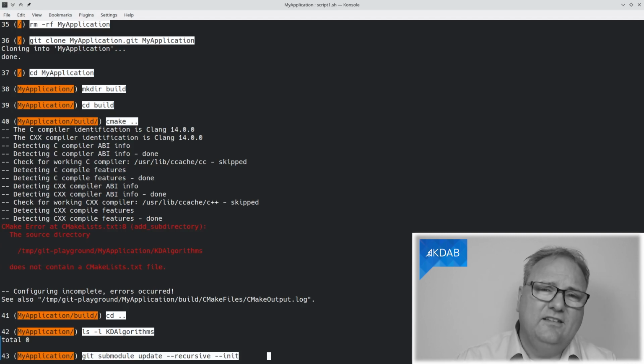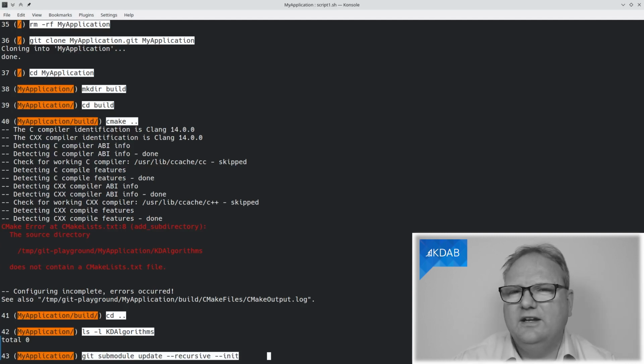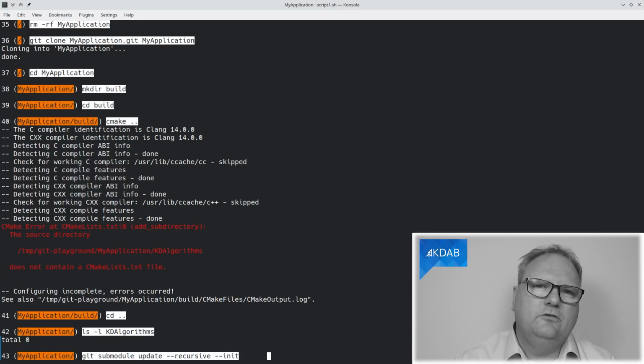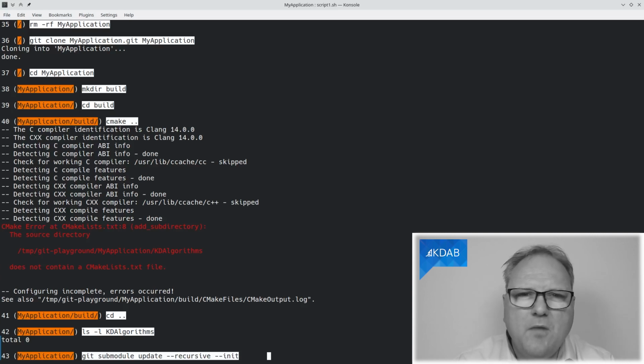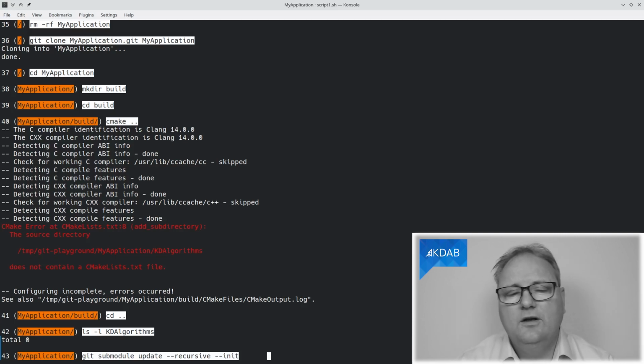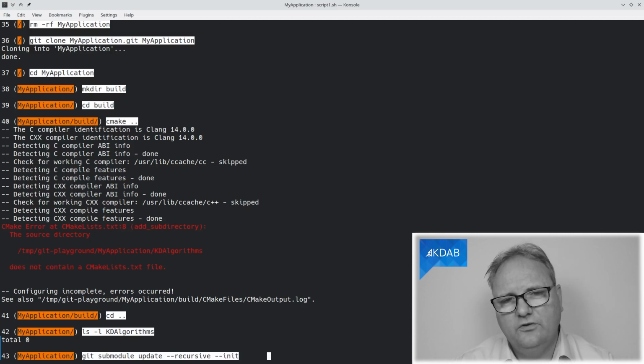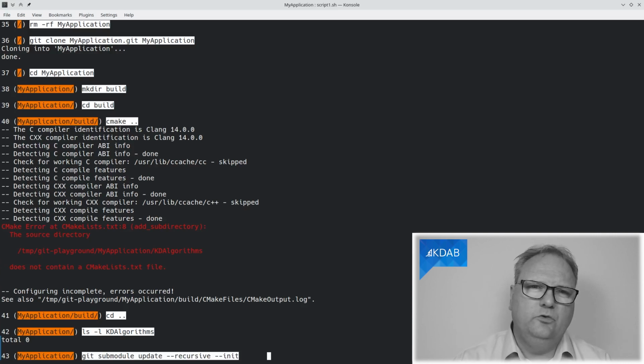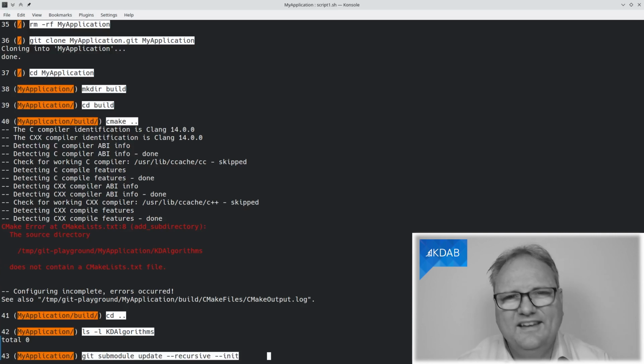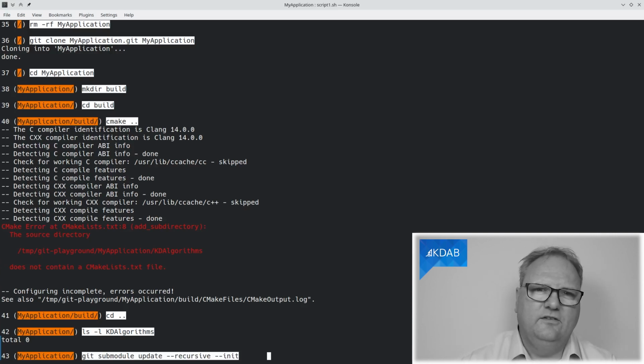And just in case, one day I'm sure that KDAlgorithms will find a way to be using some other submodule. So to avoid that we get in the same problem at the next level, what I'll do is I'll specify these two parameters. --recursive means go into KDAlgorithms and also do submodule update in there in case that it had submodules itself.